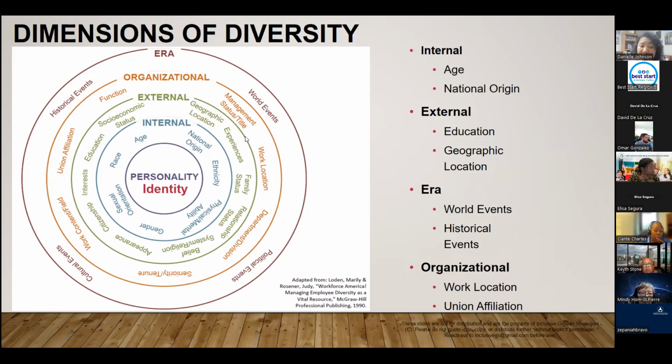There have been some pretty crazy things happening at the national level. I don't know a better way to say that, but we're coming through COVID. We're still in COVID technically, but it just looks different. So what are the historical events that you lived through that have shaped your lens of diversity, equity, and inclusion? World events, political events, cultural events, all these things shape how you interact, the words you use, the